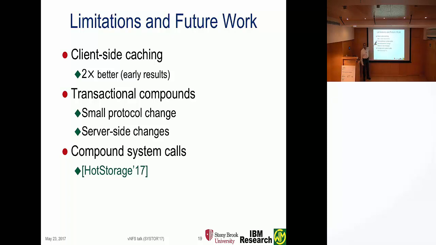We are now working on transactional semantics. So now if you can pack a bunch of messages all at once, we want to see if it's possible to allow end-to-end transactional semantics. There are a lot of good reasons, reliability, security, and so on, to allow transactional semantics. For that, we need to change the protocol a little bit by creating another major procedure, basically a transactional compound. It's essentially just one more bit in the protocol to say, this is not a regular compound, this is a transactional one.